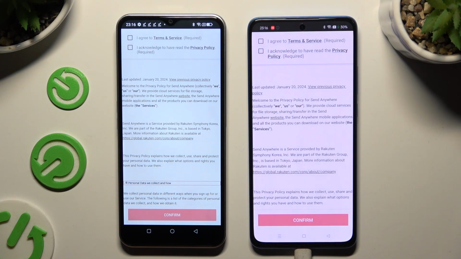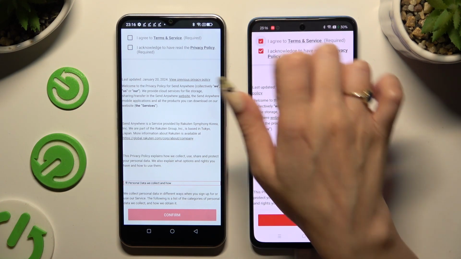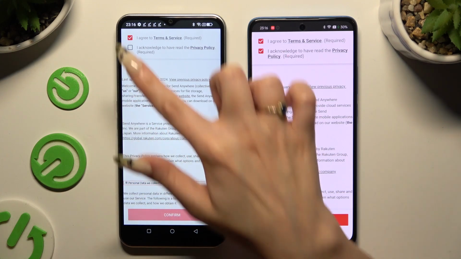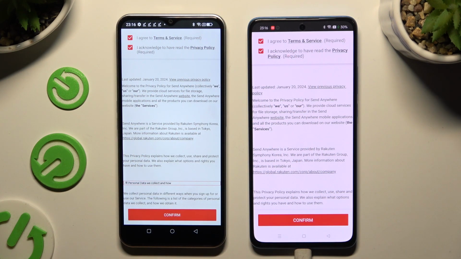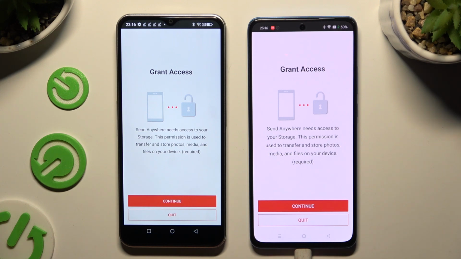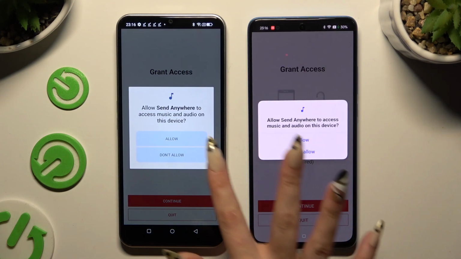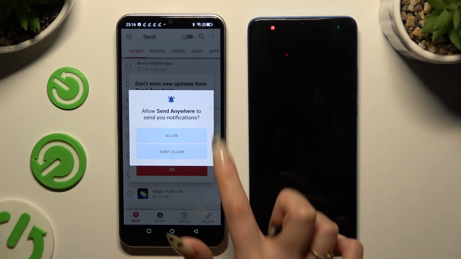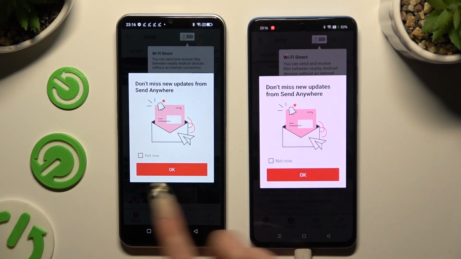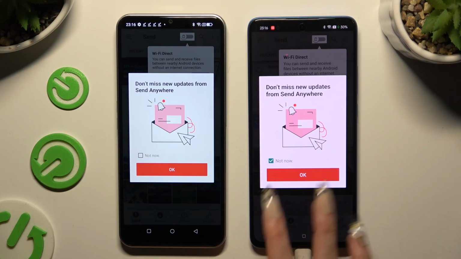Then click on the same options in both apps to set them up. Firstly, I agree and I acknowledge. Then confirm, continue, and allow. In this window about new updates, you can tap on Not Now or close it right away by hitting